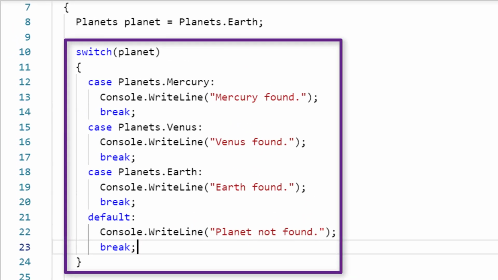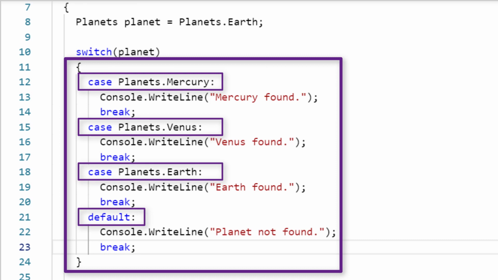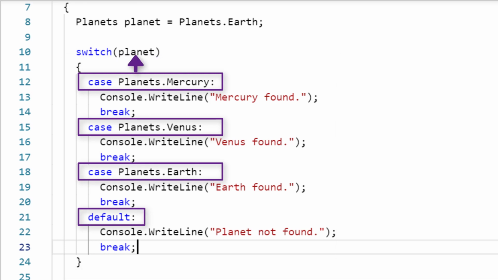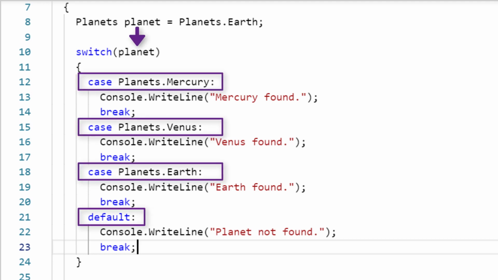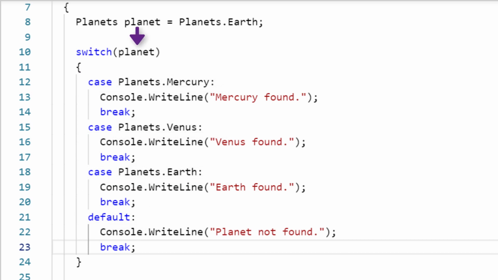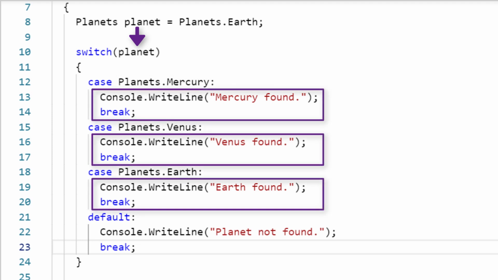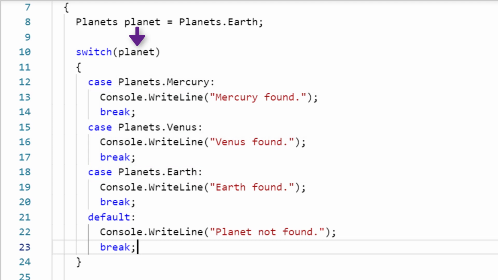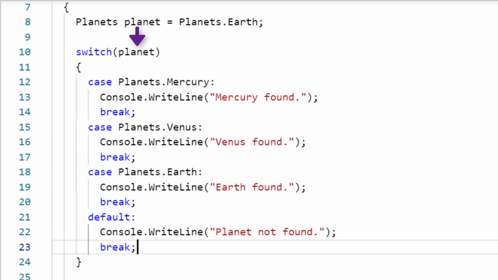Now this is the switch statement. In the parenthesis, I need to pass the expression. I have coded multiple case labels here. These cases represent the possible values of this switch expression. When this expression finds the matching value specified by these case labels, meaning the value of this matches with any of these, then statements inside that case execute. If none of the values specified by these case labels match with the expression, then this default label executes.